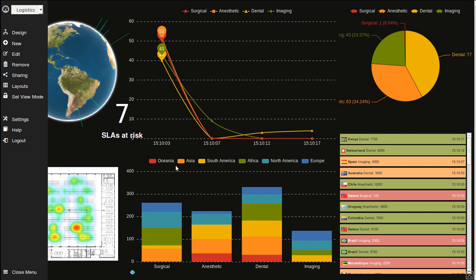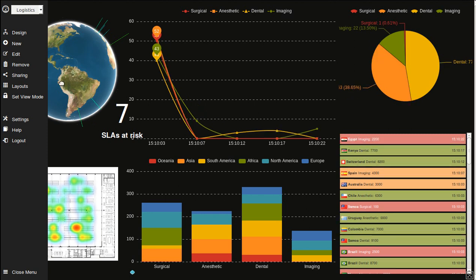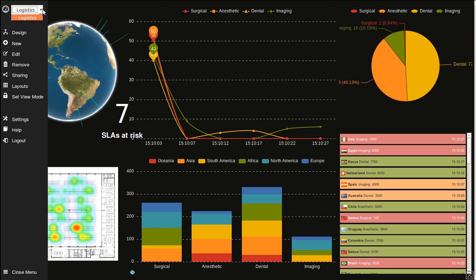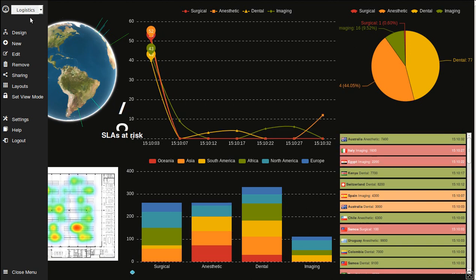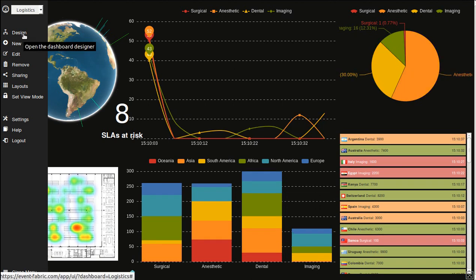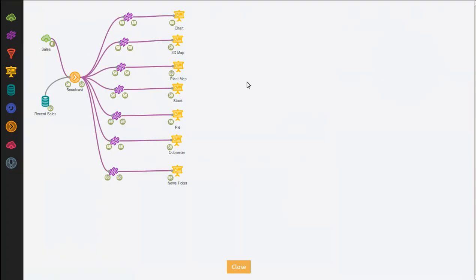On the left, since we just started, we have the left panel expanded. On the top we can switch between dashboards, and the name of the current dashboard is displayed. In this case we only have one, so there's nothing to display. Then we have the design menu entry, where we can go to our event flow designer,